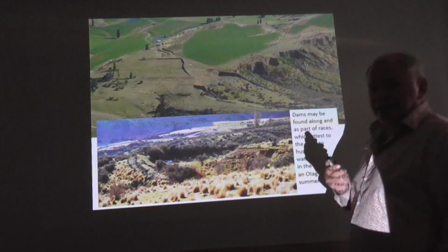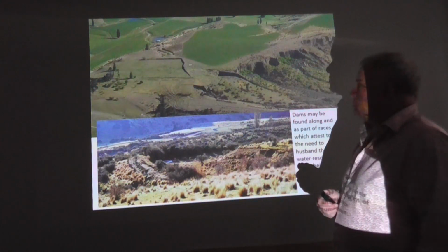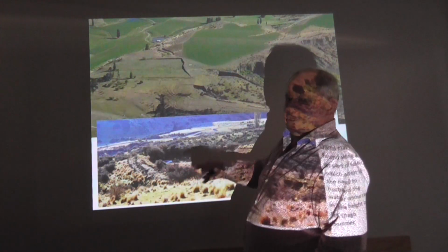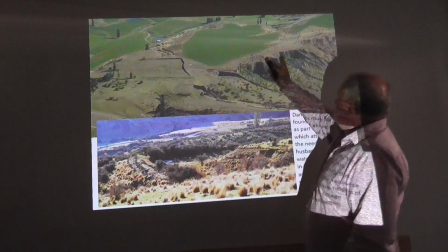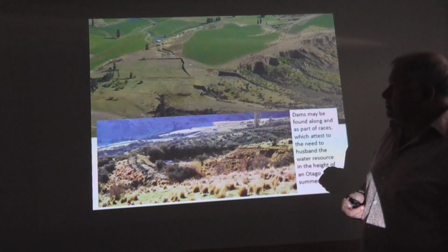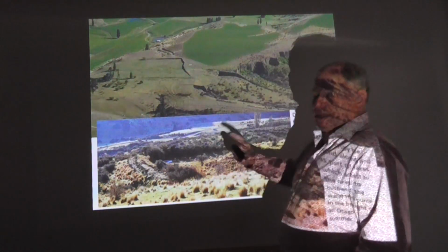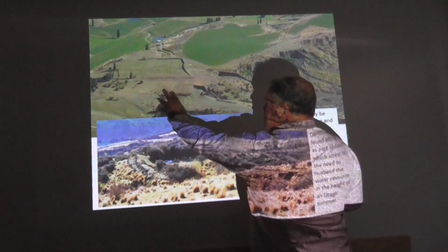Now that had two advantages. One, if you are the owner of that, you can go mining anytime, so you'll see the water races here all come from that dam, and that means those who are working these gullies, which is where the gold was, can tap water and use it. If you own that, it's great. You can do the mining. If you own the water, you can sell that, and you've got a resource to sell. And you can see there just how intricate